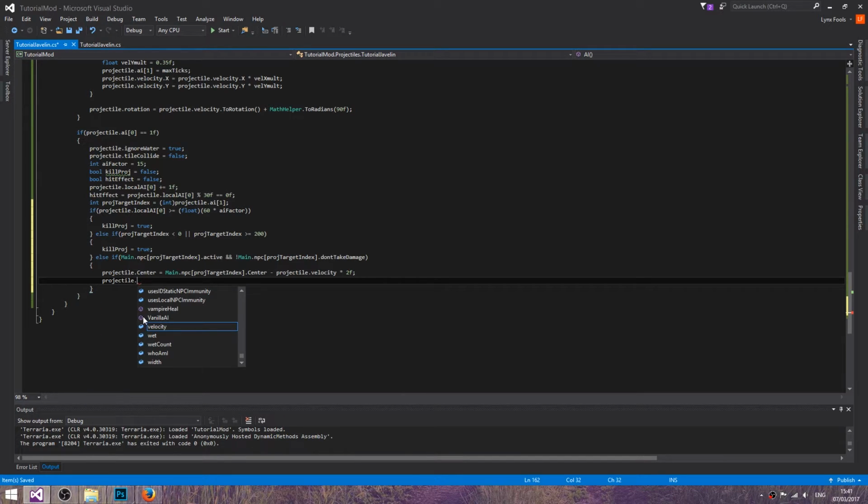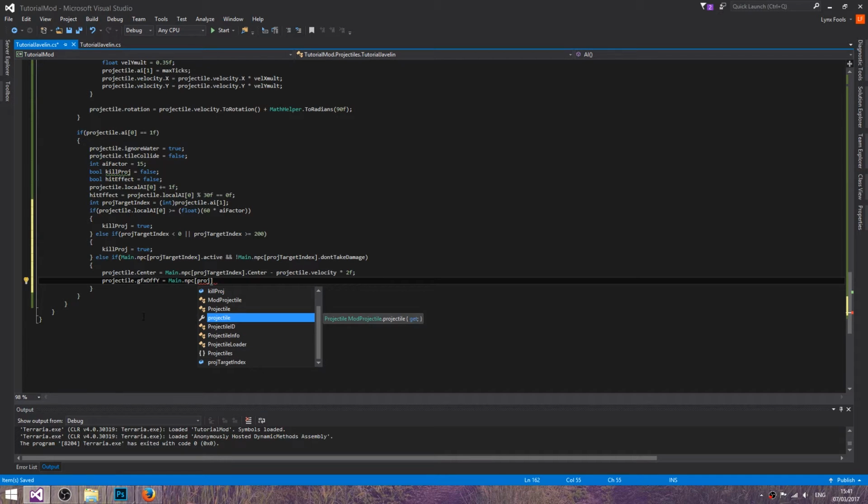Projectile dot gfxOffY equals main dot npc bodgeTargetIndex dot at